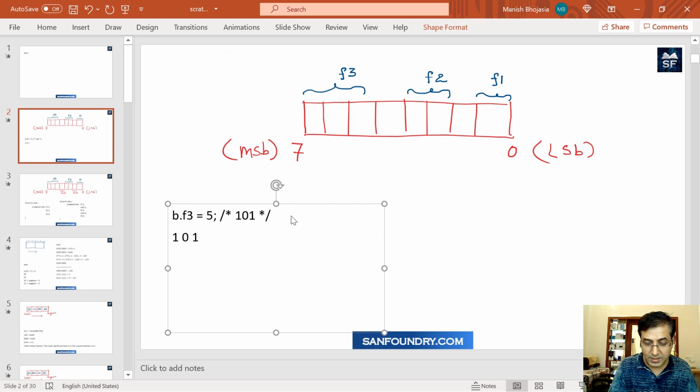So when you say sign, it is -1 into 2 to the power 2, this -1 for the sign, right? And then we multiply 0 into 2 raised to the power of position 1, and plus 1 into 2 raised to the power 0.